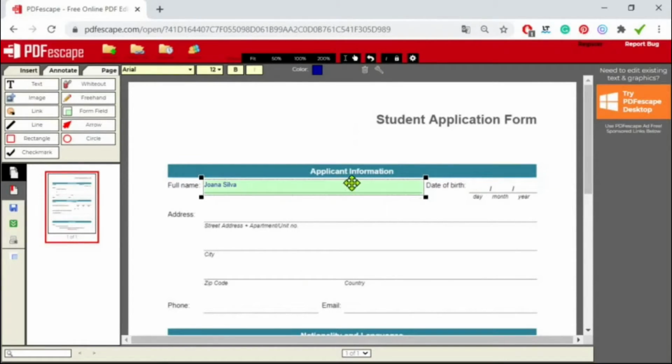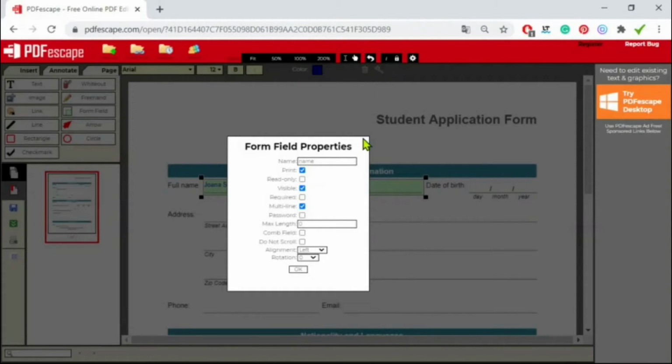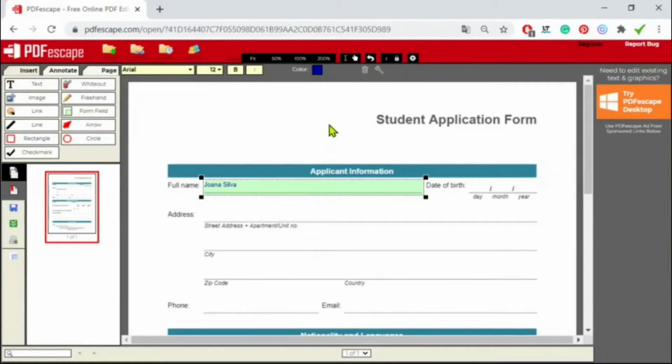When you have an active box, you will have these two icons here. You can delete the box, and you can also go to the property box here and change whatever it is you need to change. Let me just hit OK because I don't need to change those now. If you want to align this text with a field name, you can also click once on the box and then you drag it to wherever it is you feel is best.